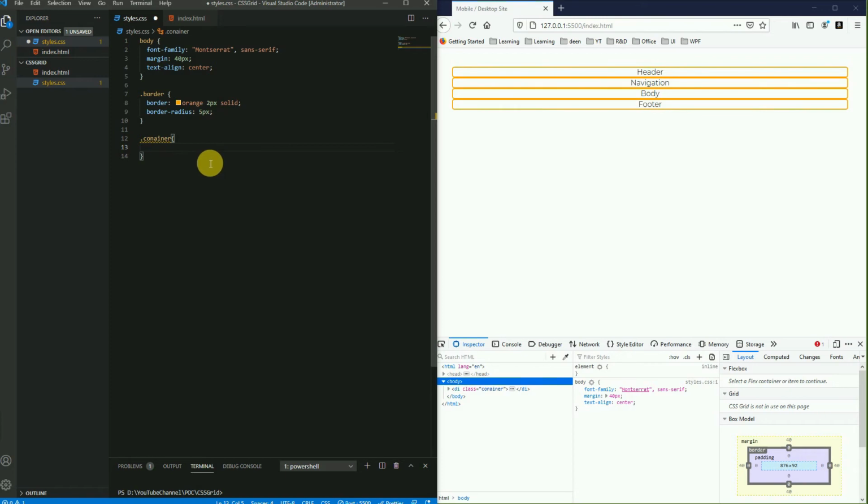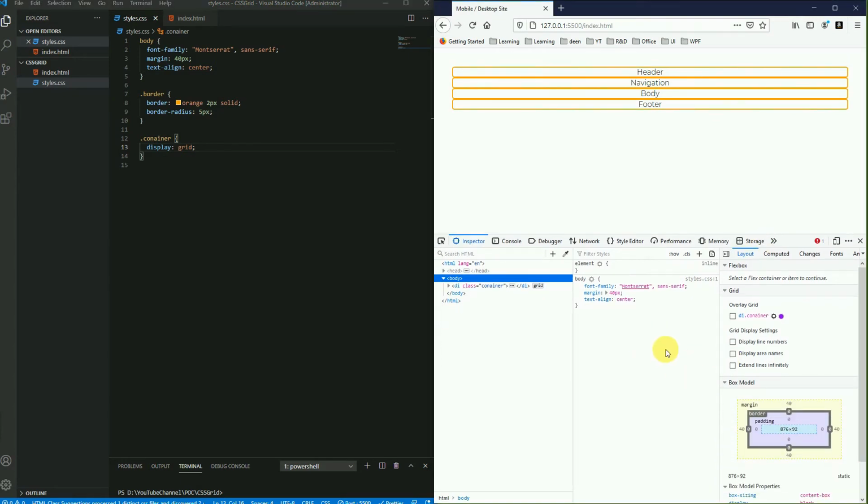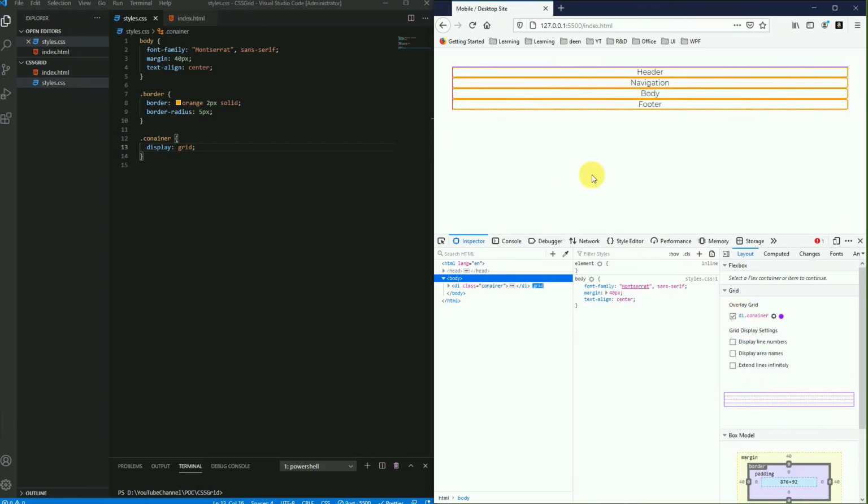So I have put a container here. First we need to say that it should be a grid. Once I save this, it will be refreshed, and in Firefox we have a special grid overview here in the layout section. It will show you the layout of your grid structure.